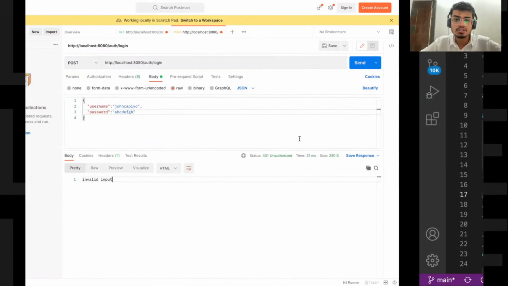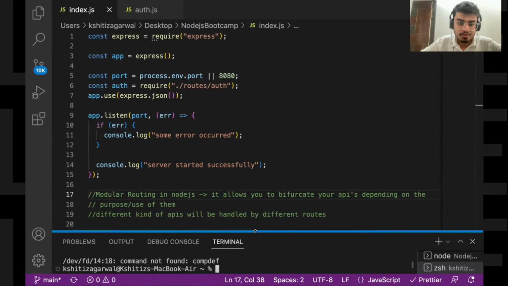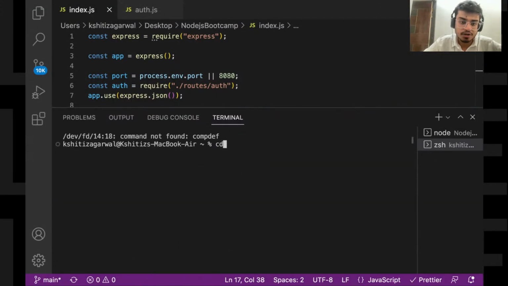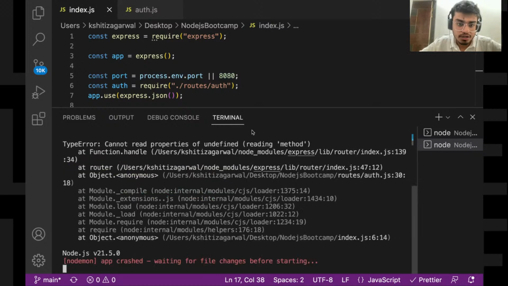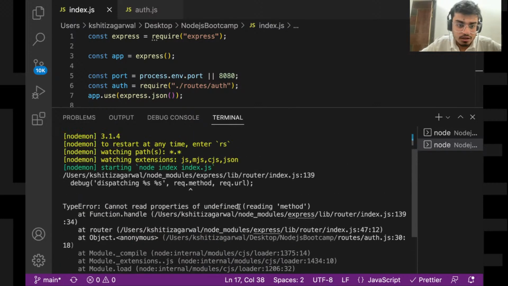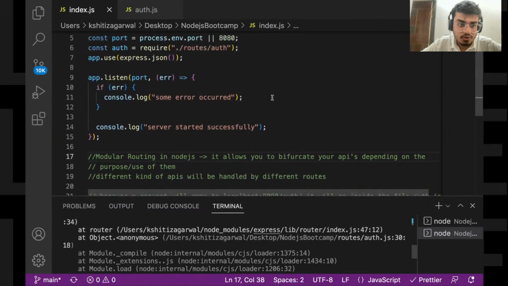Now let's quickly run our server. I forgot to run the server. I'll go to my location, cd desktop slash Node.js bootcamp, and run nodemon index. Oh, it crashed. I think something is wrong.